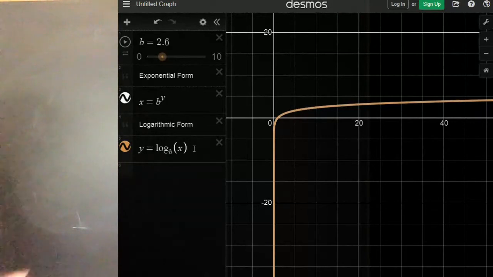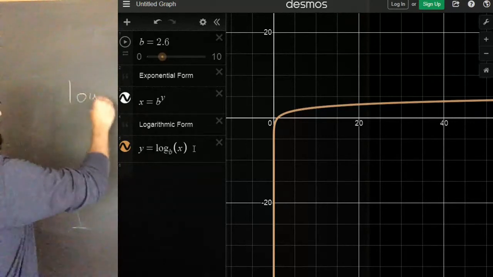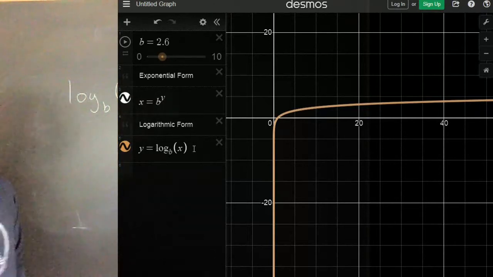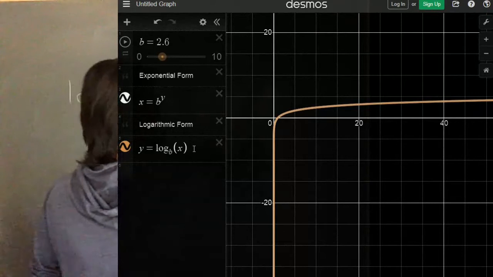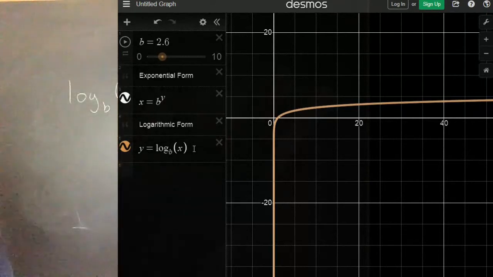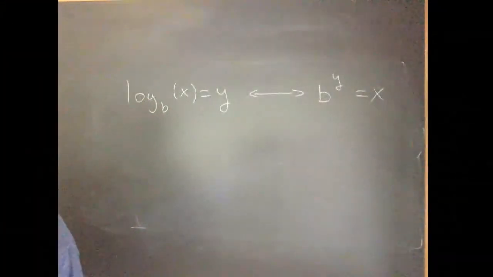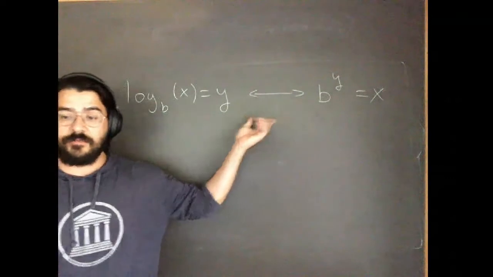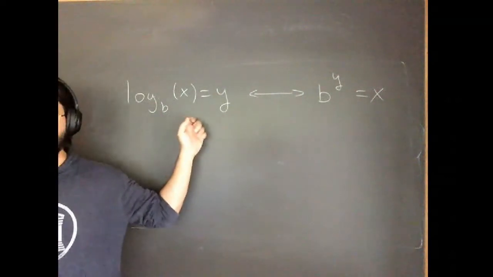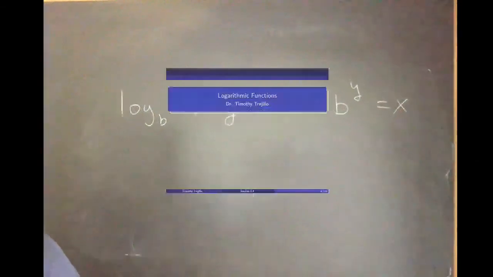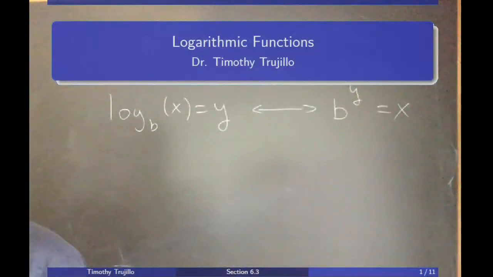So we have something like log base b of x is equal to y means the same thing as b to the power of y is equal to x, okay? So that's what we're seeing in Desmos, right? And in fact, that's what we'll take the definition of this to be, right? Okay, so let's go back to our slides and talk about learning objectives for today